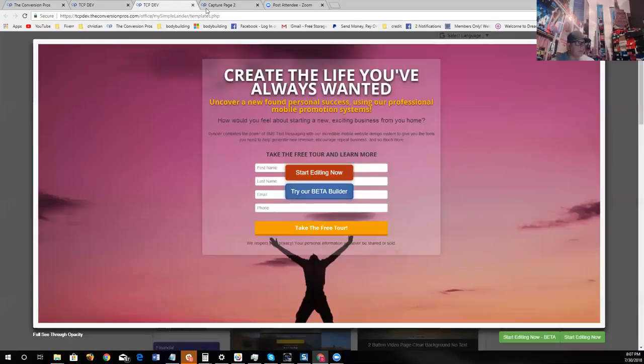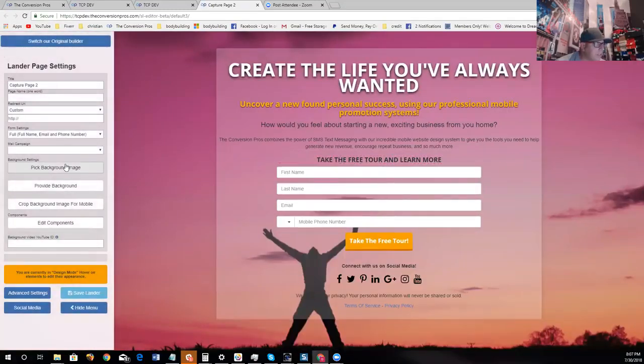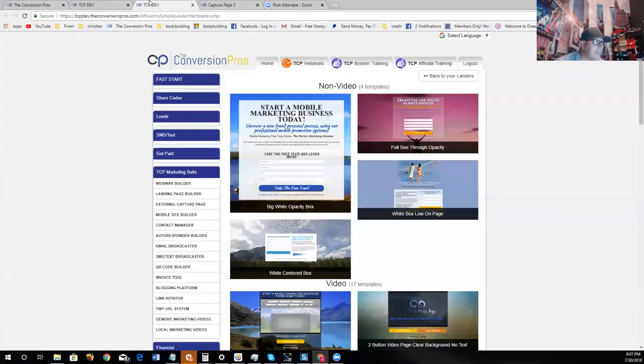Hold on one second here. I don't know why that worked like that. Hang on one second. It's running a little bit slow because I'm on Zoom. So hang on one second, everybody. I don't know what's going on here. Let me get rid of that. They must be doing updates to it right now. Let me try this again here. Pick background image. I don't have access to the feature. Okay. Well, anyway,